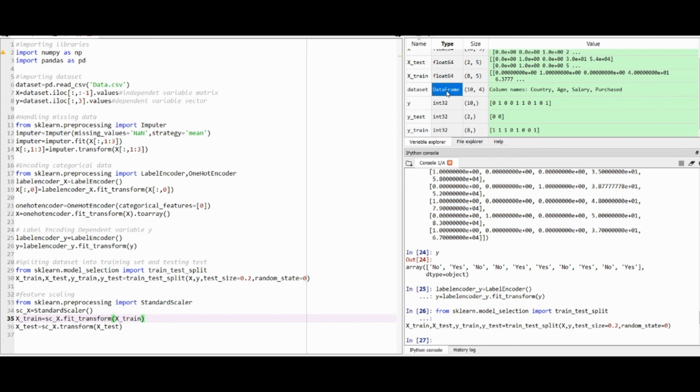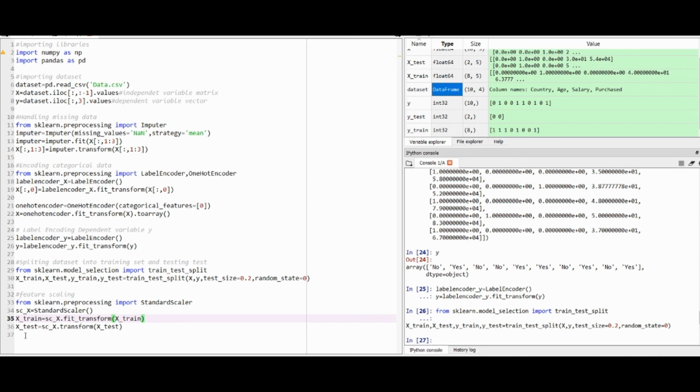For this we will again use the sklearn.preprocessing module, and from this we will import the StandardScaler class. Now we will make an object of the StandardScaler class, that is sc underscore x equal to StandardScaler. Now x train is equal to sc underscore x dot fit underscore transform x train, and similarly x test equal to sc underscore x dot transform x test.